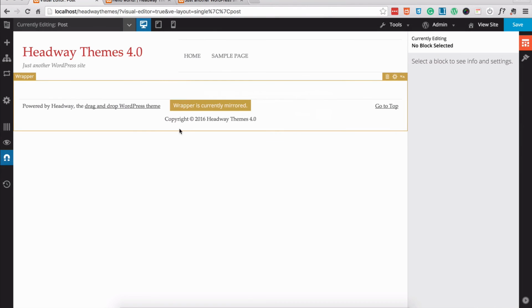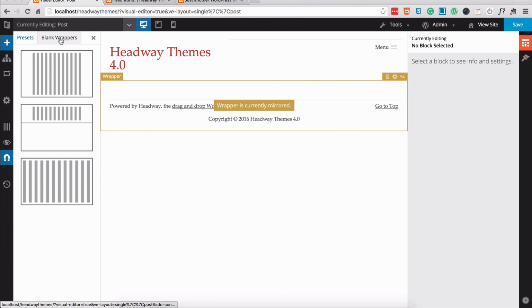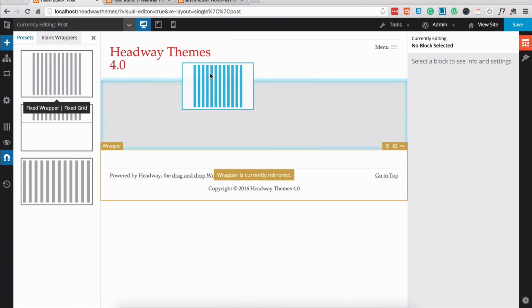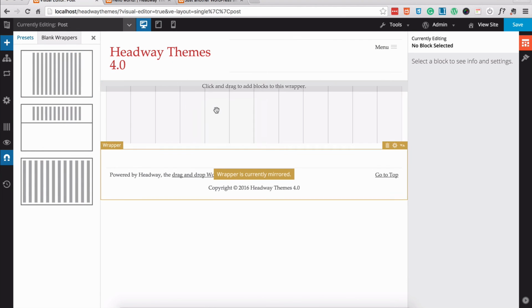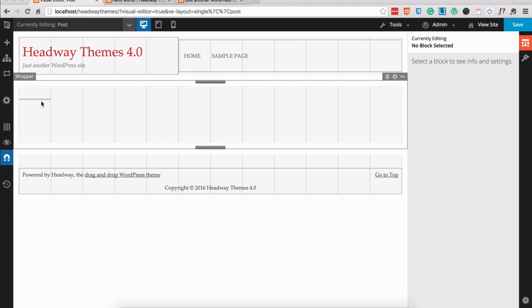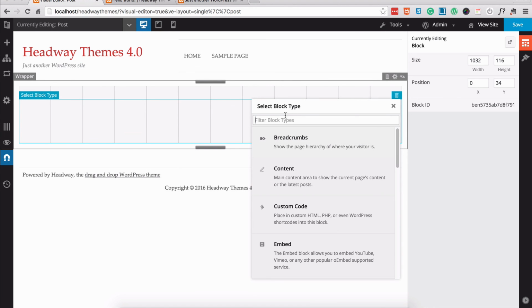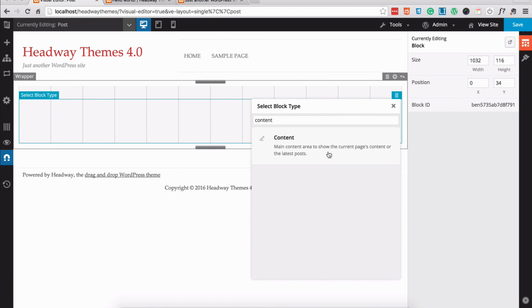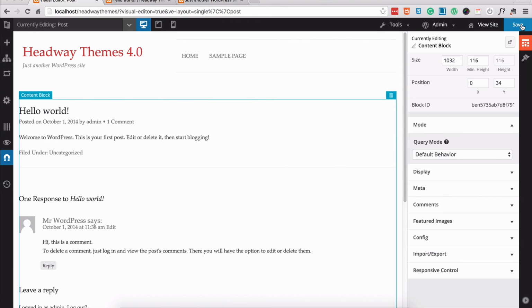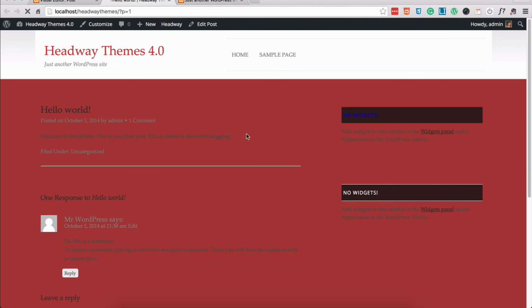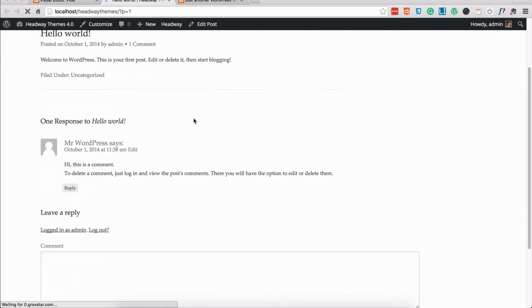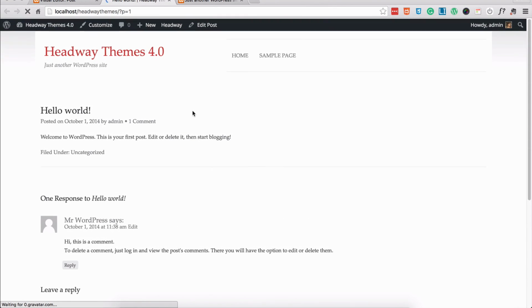I may not want a red background for my posts and everything. I might want a clear white one. So I'm going to add a container here and I'm going to drop that in the middle, and I'm going to add a content block here. Okay, so now let me press save, come back here and refresh, and now I've got a totally different layout